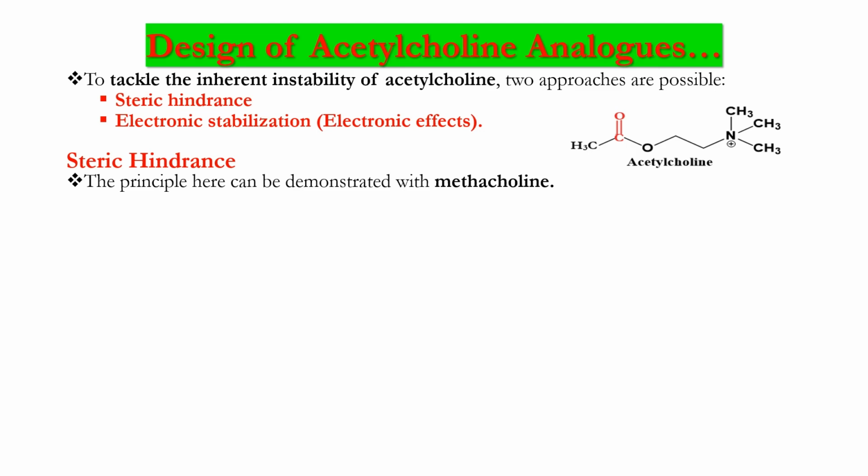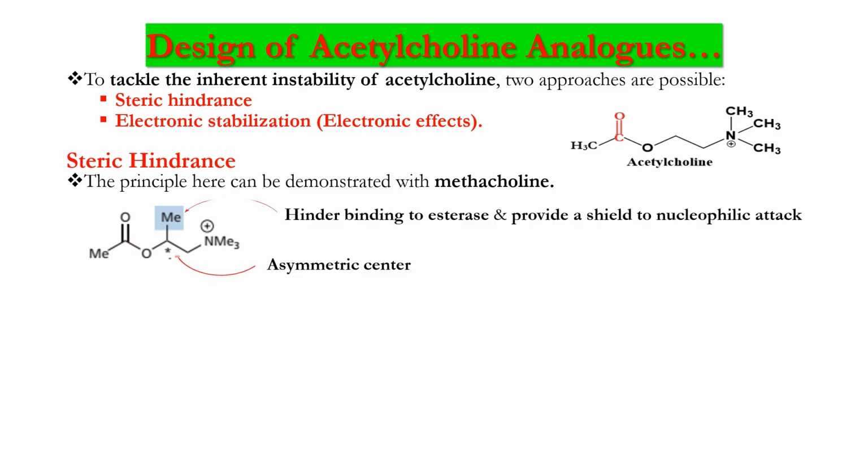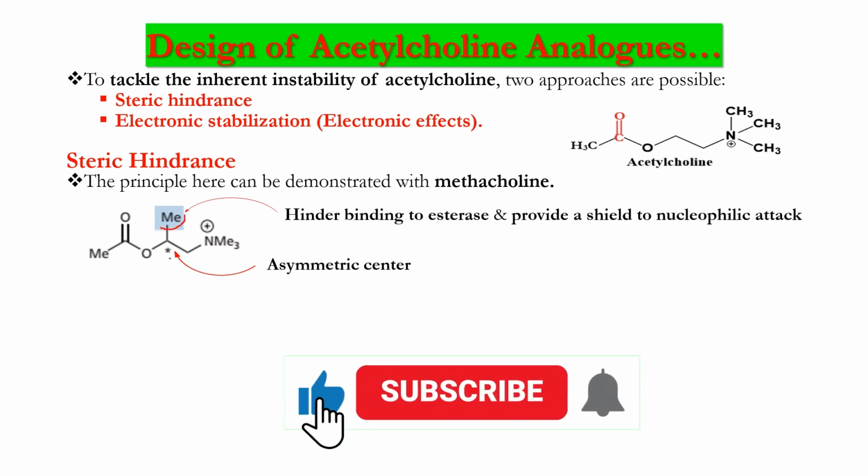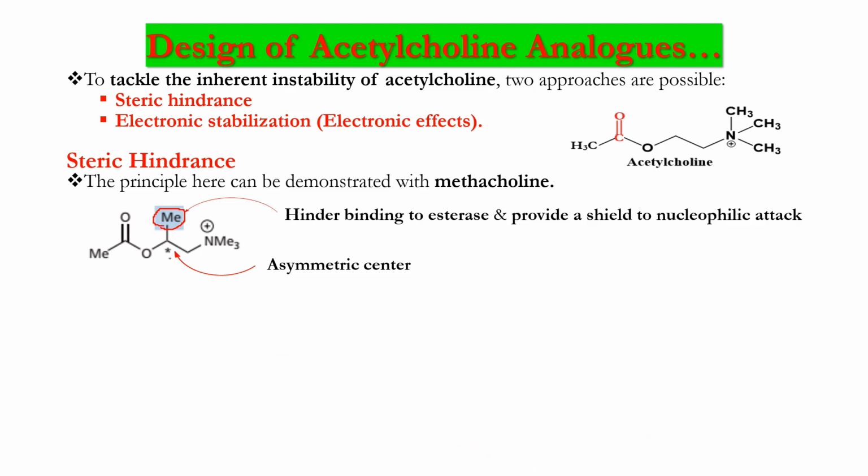Steric hindrance will be explained using the structure of methacholine. Methacholine is one of the important molecules that can be used for diagnosis of asthma. Methacholine has an asymmetric center here, that means it is chiral, and it also contains a methyl group here. This methyl group can hinder the binding of acetylcholinesterase to the carbonyl carbon, which is highly prone to being attacked by nucleophilic molecules, so that it can provide a shield against nucleophilic attack,